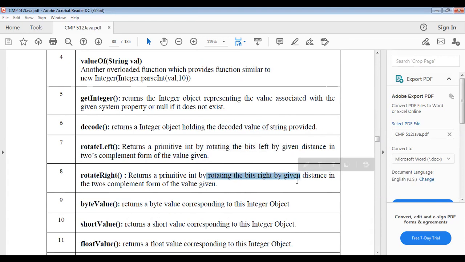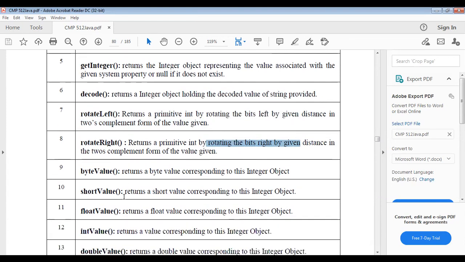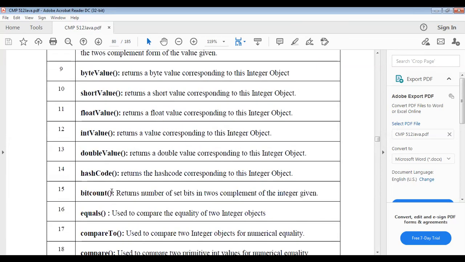Byte value returns the corresponding byte value of this integer object. Short value returns the short value corresponding to that integer object. Float value is also the same, but it only returns a float.